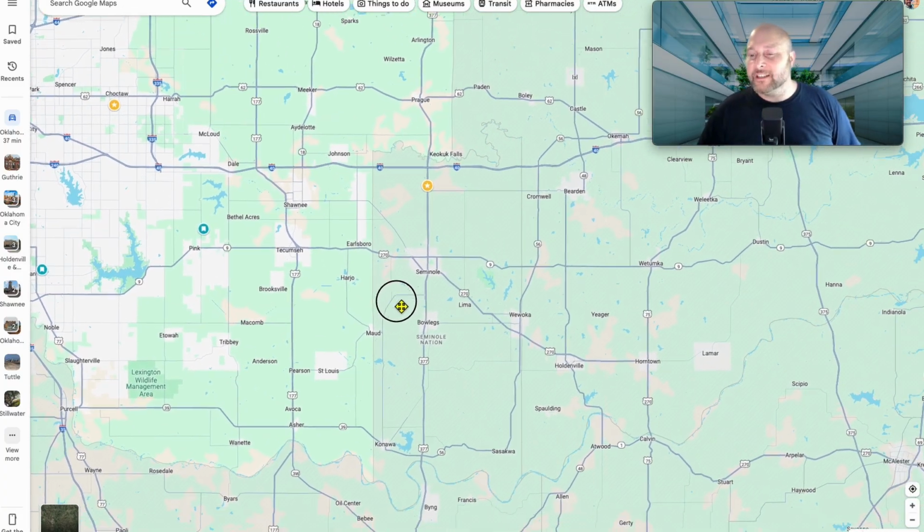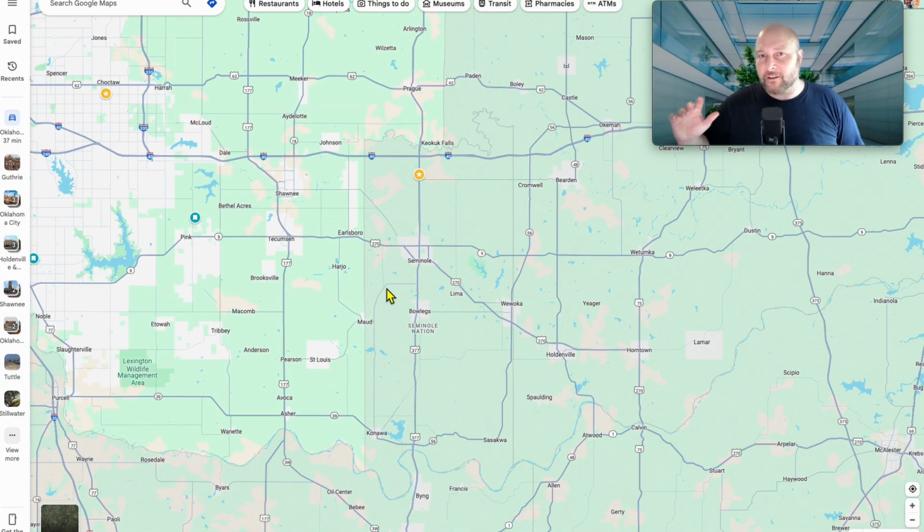This is just a little bit shy of about 50 minutes getting to Tinker, and about an hour and 10 minutes if you want to get to Edmond. But Edmond would be North Oklahoma City. But if you want to live out in rural Oklahoma, where you still have a Splash Pad, a Super Walmart with a tire care center, where you still have Domino's, Braum's,